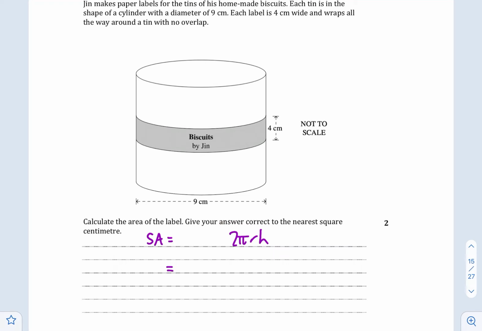So let's consider what we've got. We've got 2 times pi. That's not going to change. What's the radius? Well, the diameter is 9, so we have to halve that. So the radius is going to be 4.5. So I'm going to put 4.5 in there. The height then is also 4. That's given straight. So if I put that all into the calculator,